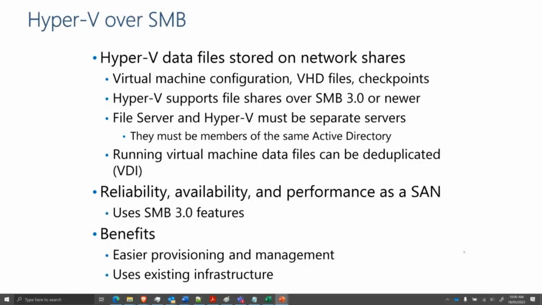Okay, so Hyper-V data files are stored on network shares, so that's a way of having shared storage. Virtual machine configuration, VHD files or checkpoints. Hyper-V supports file sharing over SMB3 or newer, so it has to be SMB3, it can't be just normal file sharing. File server and Hyper-V server must be separate servers. They must be members of the same Active Directory domain. And basically the running virtual machine data files can be deduplicated